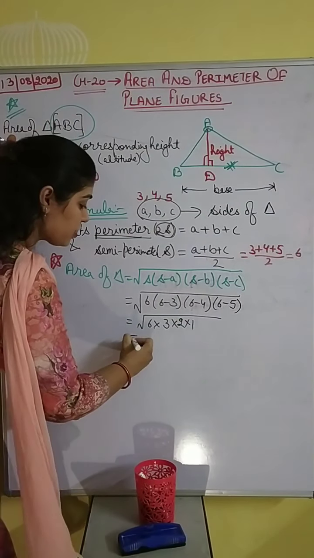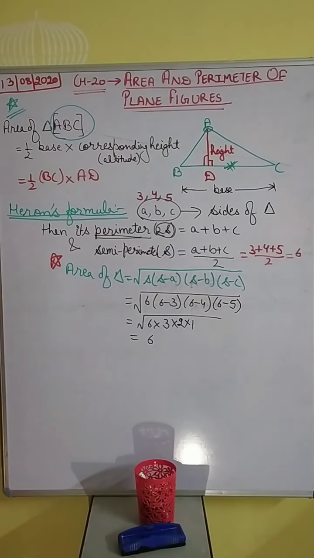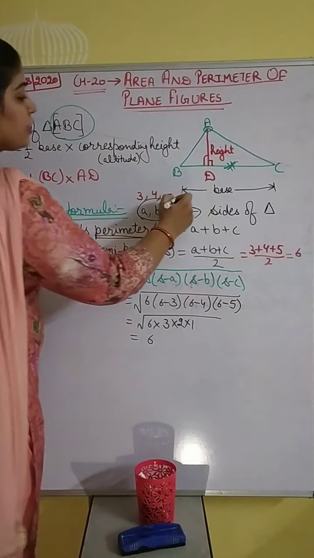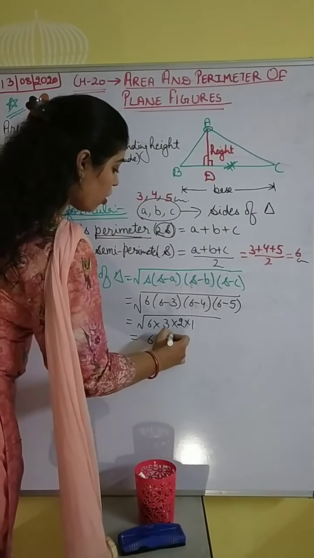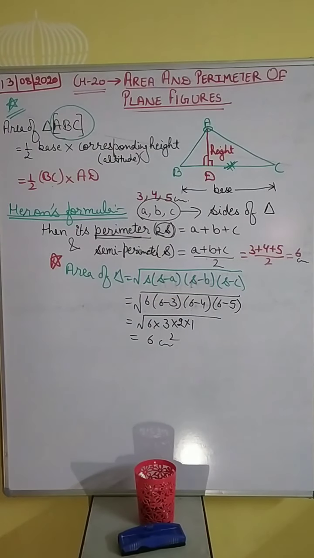6 into 6 and square root. So we are getting area of triangle is equals to 6. And बेटा अगर यूनिट सेंटीमीटर में है तो सेमी पेरीमीटर भी सेंटीमीटर में होगा और एरिया होगा स्क्वायर सेंटीमीटर. ठीक. सो हमने किया कि हमारे पास अगर कोई ट्रायंगल है then we can calculate the formula of that triangle,